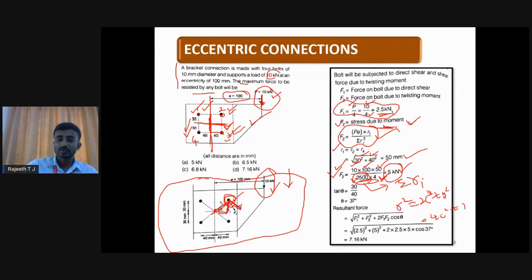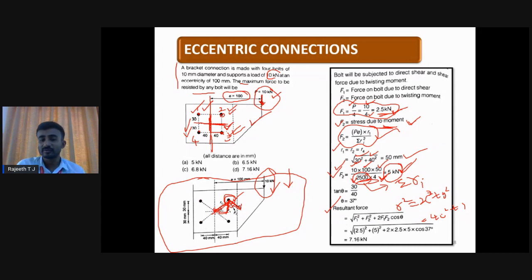So F1 here is 2.5, F2 is 5 kilonewton. This F1, due to the direct force, will be shared by all the bolts, where F2 is the force induced due to twisting moment. Therefore, if you substitute into the formula, since there are two forces acting at a common point, a concurrent force system,